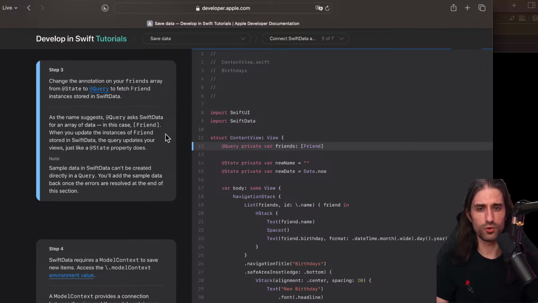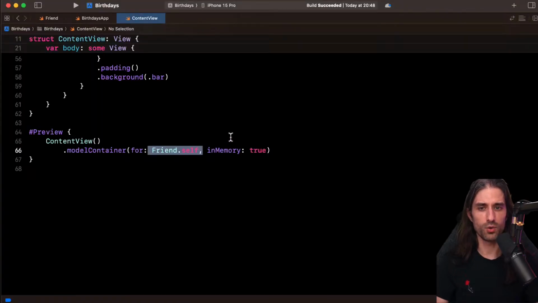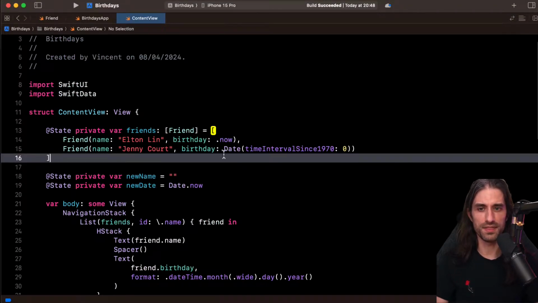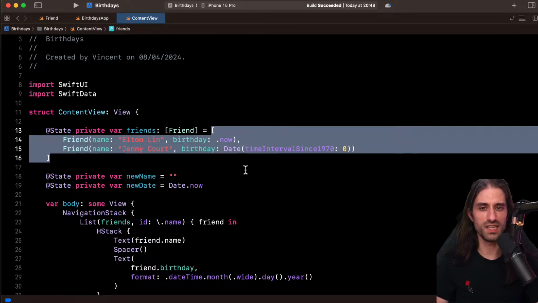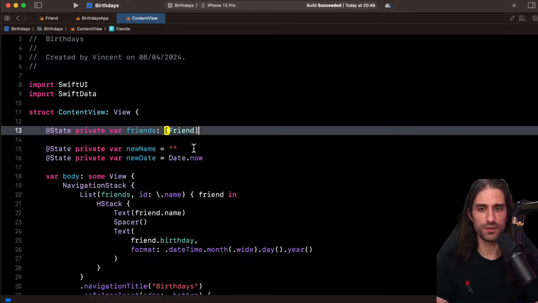So it's like a query that fetches all of the instances of type Friend stored in the database. Sample data in SwiftData can't be created directly in a query. You'll add the sample data back once the errors are resolved at the end of this section. So we are also removing this sample data or initial data that we had created in code.